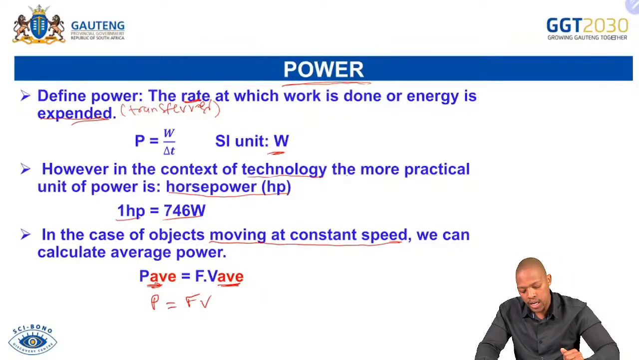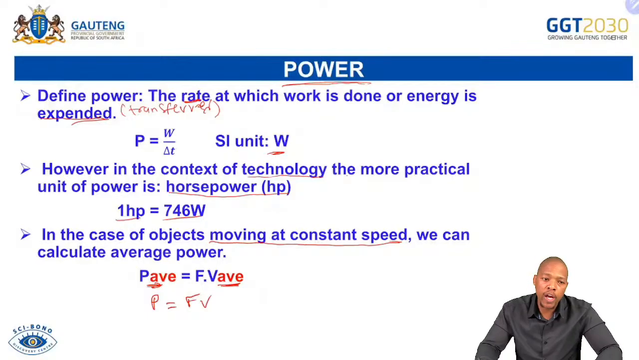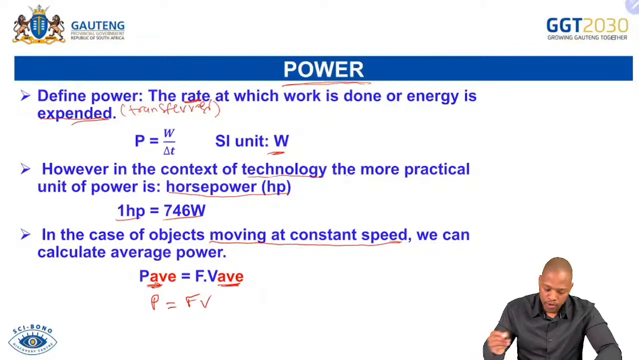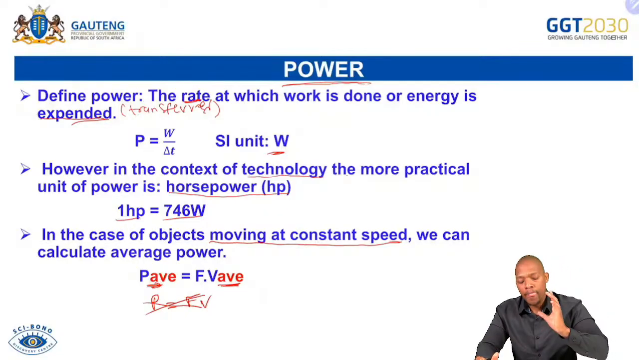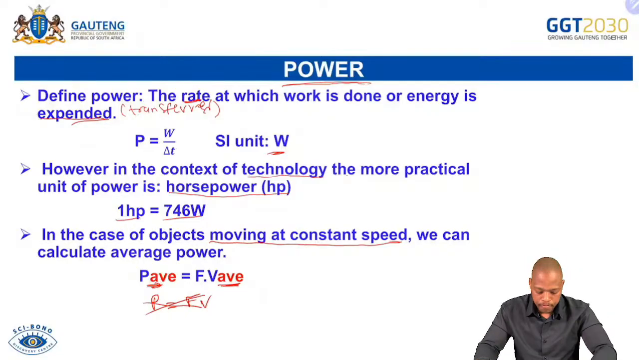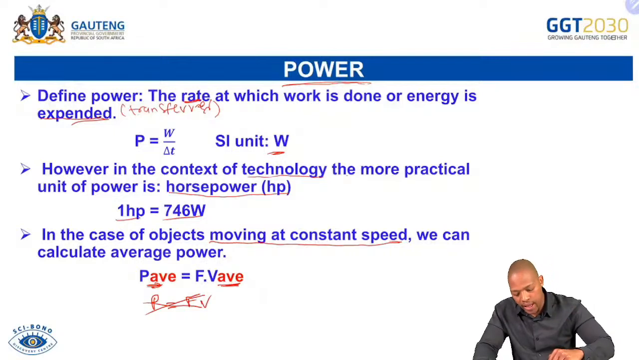If you write it like this, you are not going to get your mark. They do not accept it being written like this. So let's do away with it and pay attention to the formulas given on your data sheet. It's always going to be P_a, standing for average, is equal to